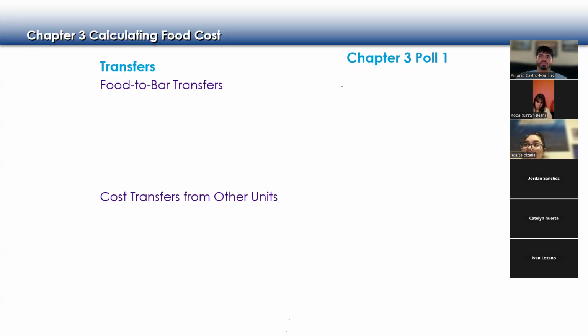So some properties may have multiple units, like multiple restaurants in different hotels or resorts. Okay. I worked at TGI Fridays, but not that one. When I worked at Chester's Hamburgers in high school,